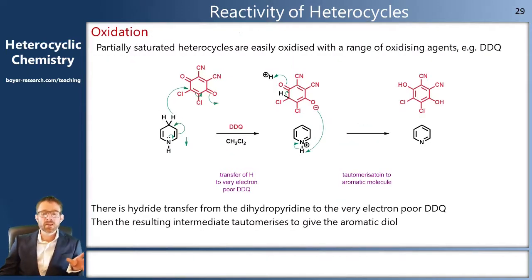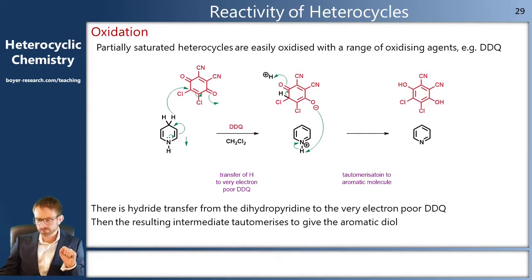If we want to go the other way, we want to oxidize our dihydropyridine up to our pyridine. Well then, there are many different reagents that do this. Standard reagents, metal reagents such as manganese-based oxidants will work. But one of the most common is DDQ. This is this organic molecule here with 2 carbonyls on the opposite end of a 6-membered ring. Now this is not aromatic, it's extremely electron poor. We've got electron withdrawing chlorides, ketones and nitrile groups on this ring,